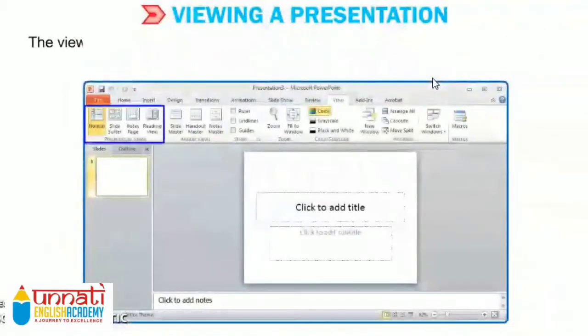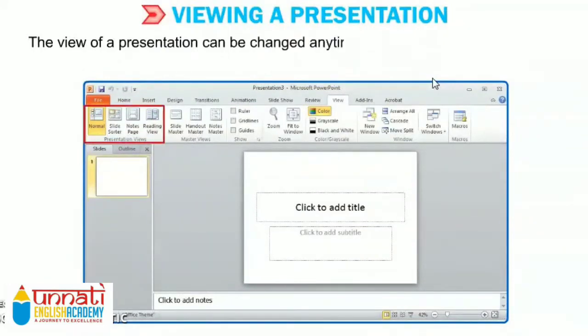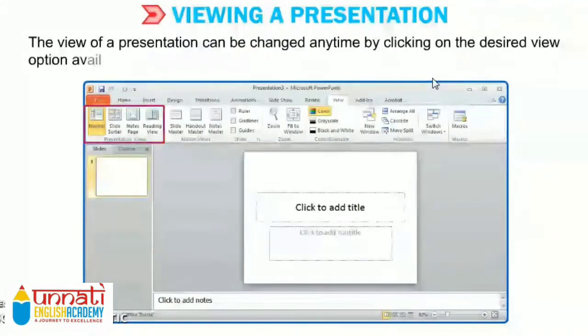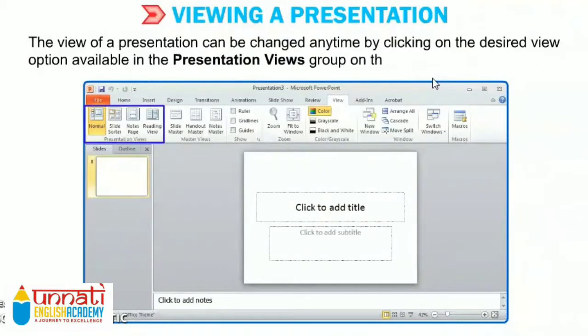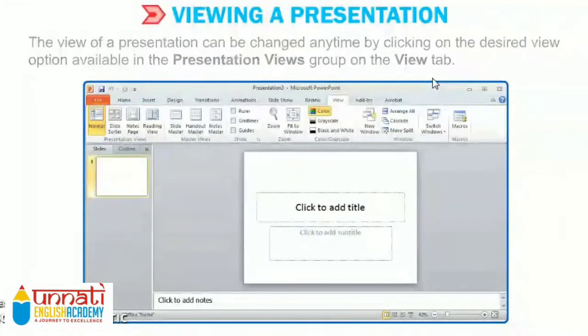So this is the normal view. The view of a presentation can be changed anytime by clicking on the desired view options available in the presentation views group on the view tab.